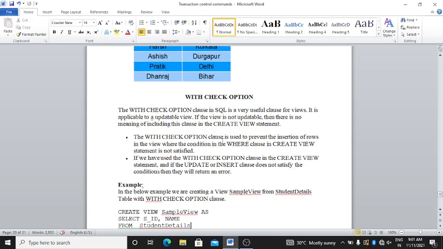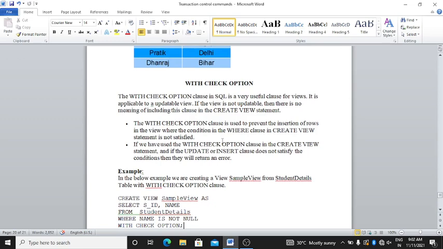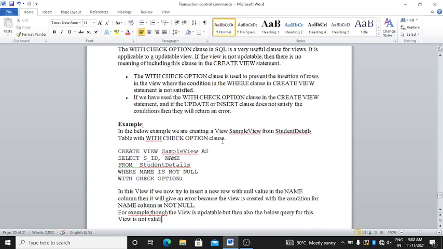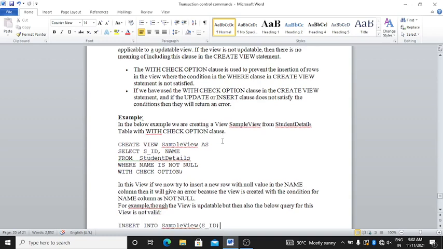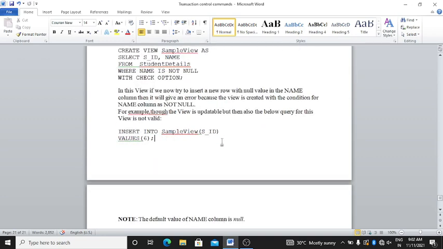The with check option clause is used to prevent the insertion of rows in the view where the condition in the where clause of the create view statement is not satisfied. If we have used the with check option clause in the create view statement and the update or insert does not satisfy the condition, it will return an error.